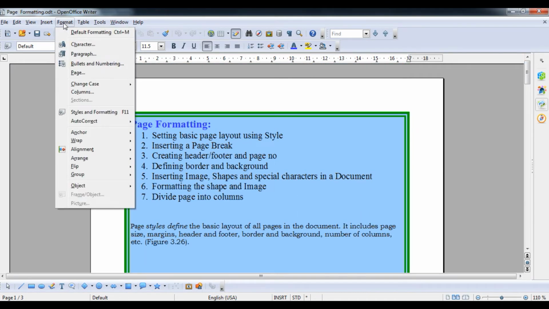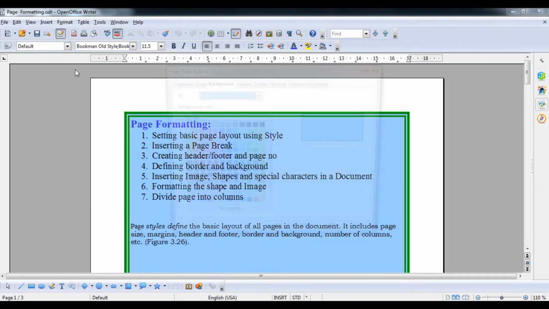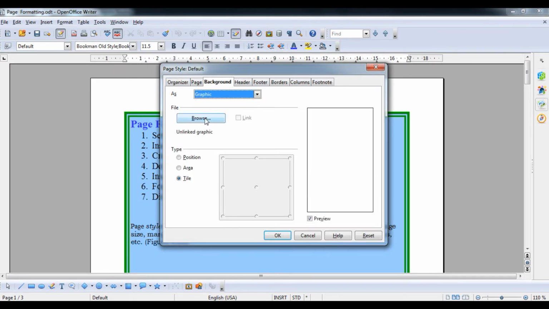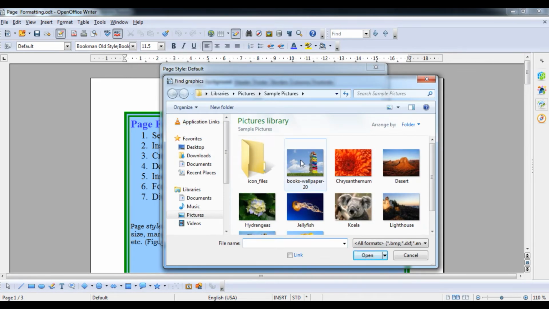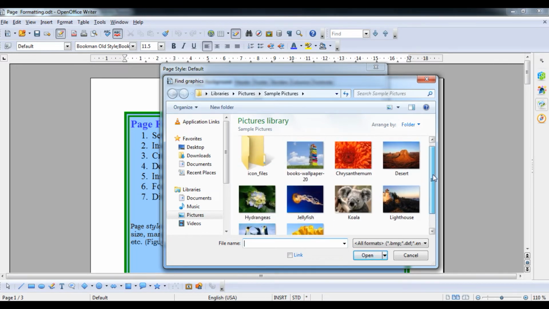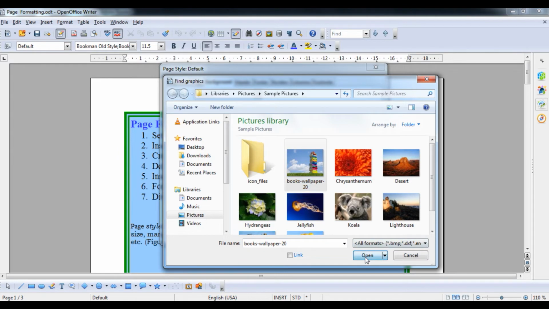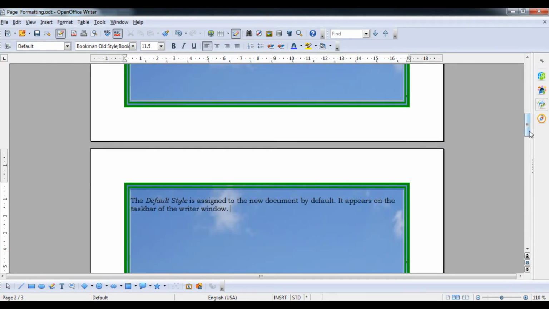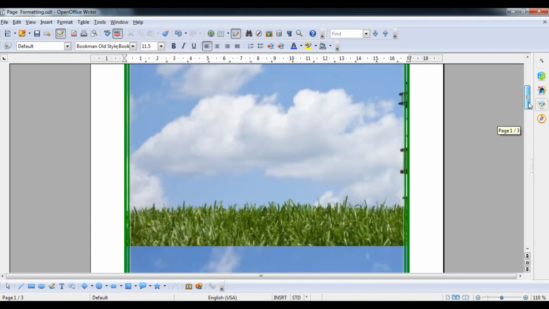Okay, student, and now we are talking about how to use a page background as an image. So go to the Page option, then click on Background and select Graphics. In Graphics it will ask you to browse the file that you would like to set as a background. So you just click on one particular image. Then you can see the Area option is given there, and the Position option is given there. So we are going to make it a tile only. So you can see the Tile option will come.